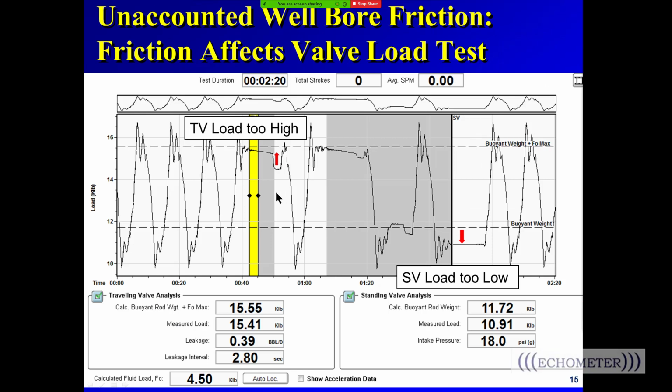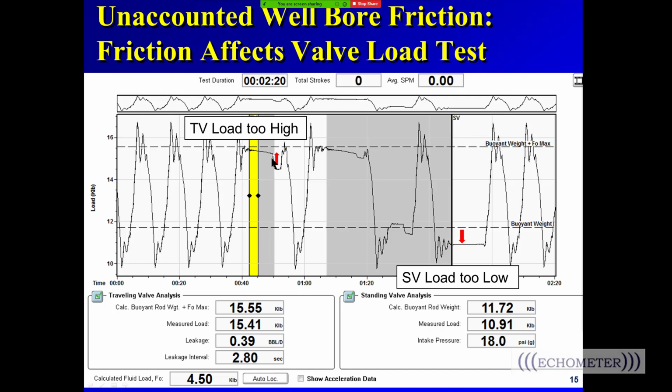Again, here's the paraffin. Loads are high here on the upstroke when we do a traveling valve test right there, and the standing valve loads are too low. And notice this distance from here to here represents the paraffin on the downstroke. When you release the brake and the rods start moving backwards down, then that paraffin, the brake was released